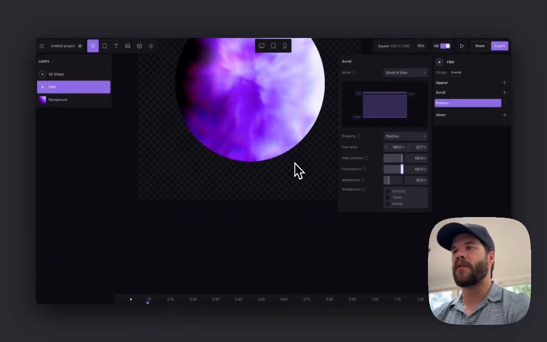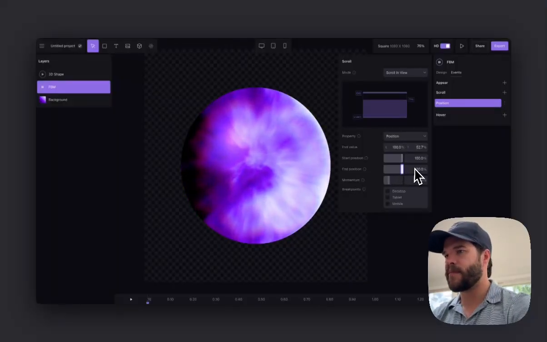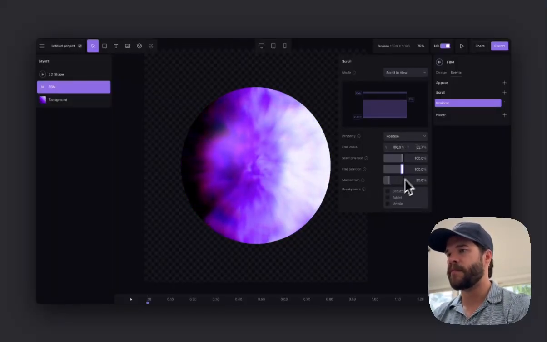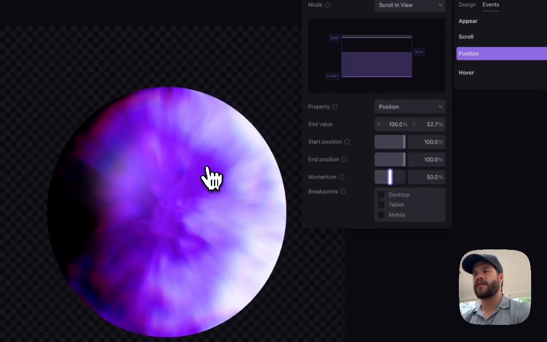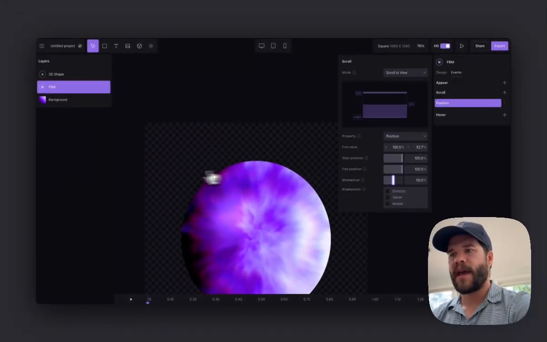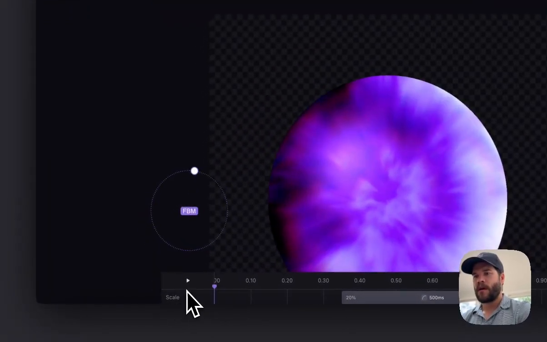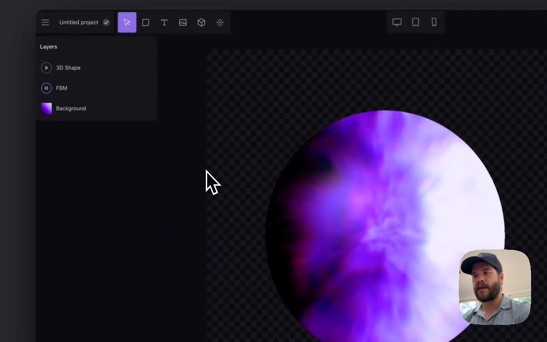It's always going to be running when start position and end position are both at 100. And this gives it a little bit of weight. So we have start, we have our scroll, and the last thing was